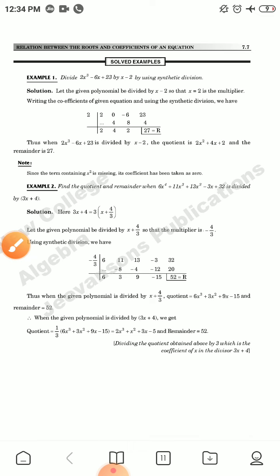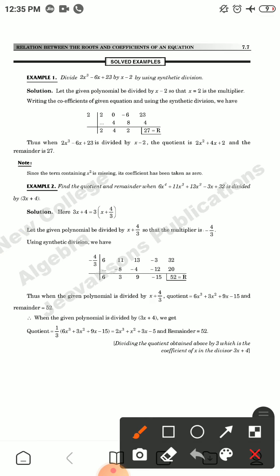Now taking the next example: divide 2x^3 - 6x + 23 by x - 2 using synthetic division. Let the given polynomial be divided by x - 2, so that x = 2 is the multiplier. Writing the coefficients of the given equation and using synthetic division, we write the coefficients 2, 0, -6, 23 and divide by 2. Writing 2 below the horizontal line, multiplying 2 into 2 giving 4, adding with